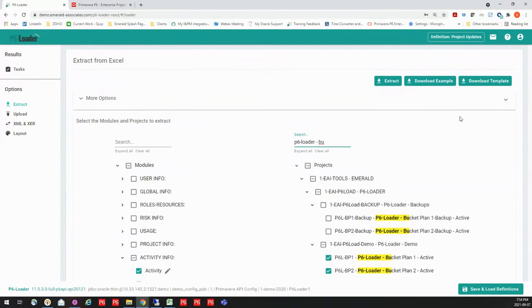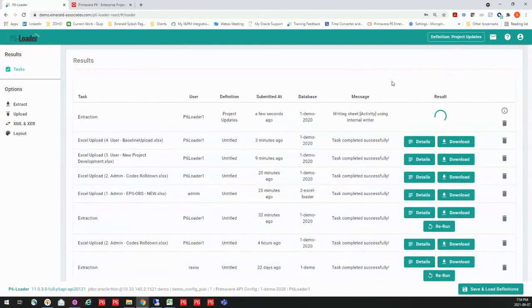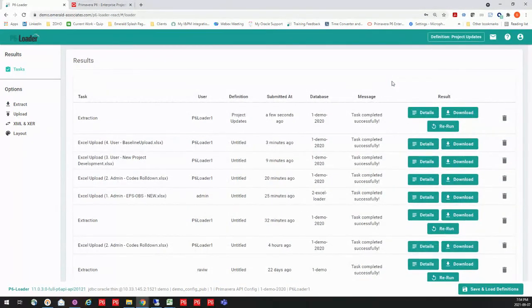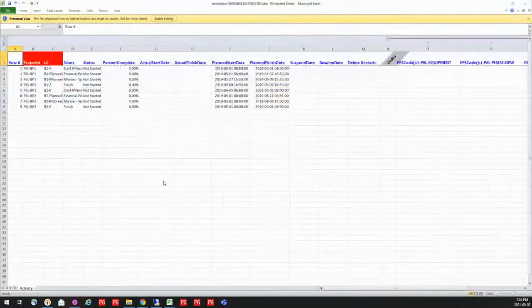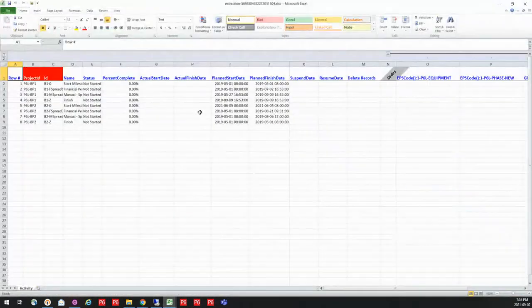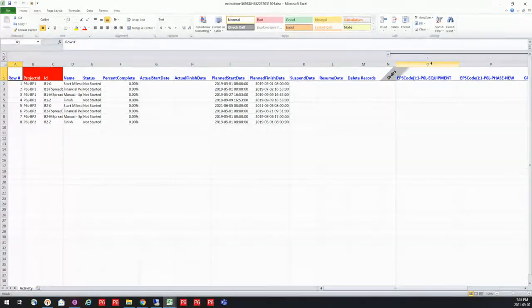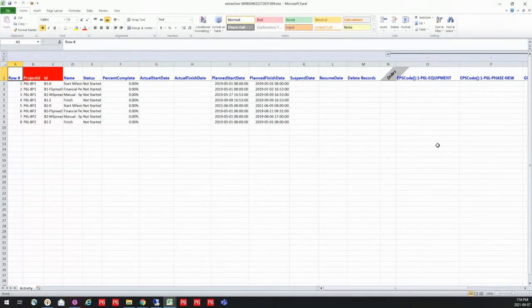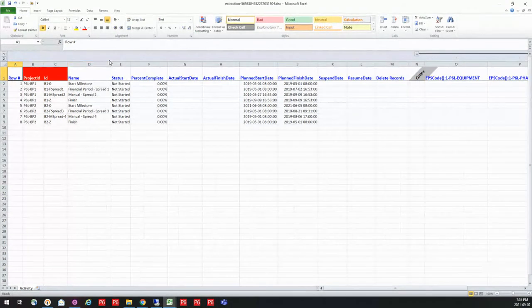If I already had this done, I could simply load the definition and tell P6-Loader that I want to extract that information. I could then download it and sort it so that I could see, maybe by a certain code, which activities I need to send out to what contractors or the group that's going to update it. And then I just need to send out a copy of this spreadsheet with the appropriate activities on it for them to update. Now, when I get this back,